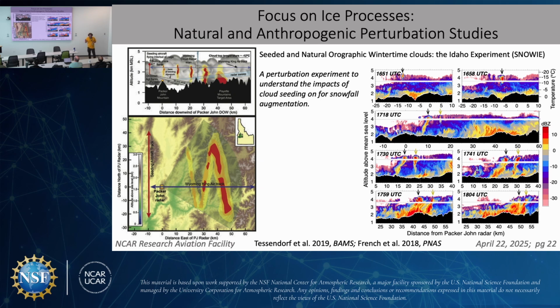And we're introducing that through the use of a seeding aircraft that is flying perpendicular to the wind, this red line here, releasing seeding material on the upwind side that then gets carried downwind through the clouds in a temperature regime where you would expect